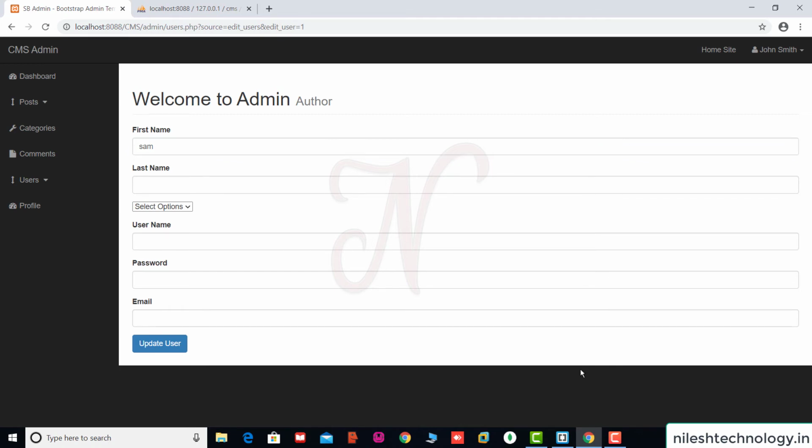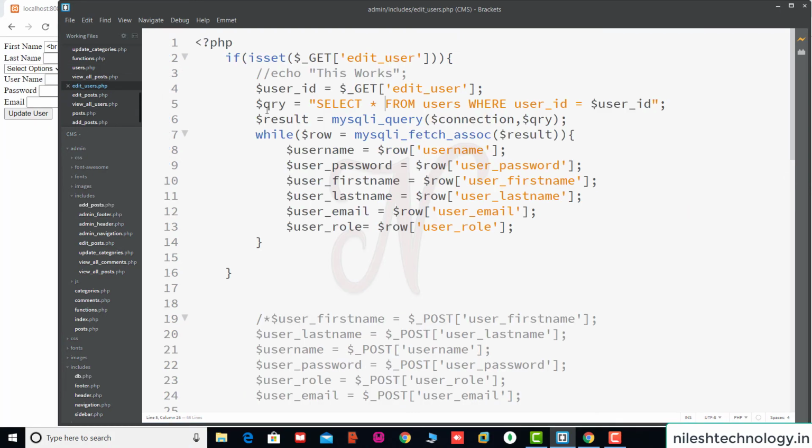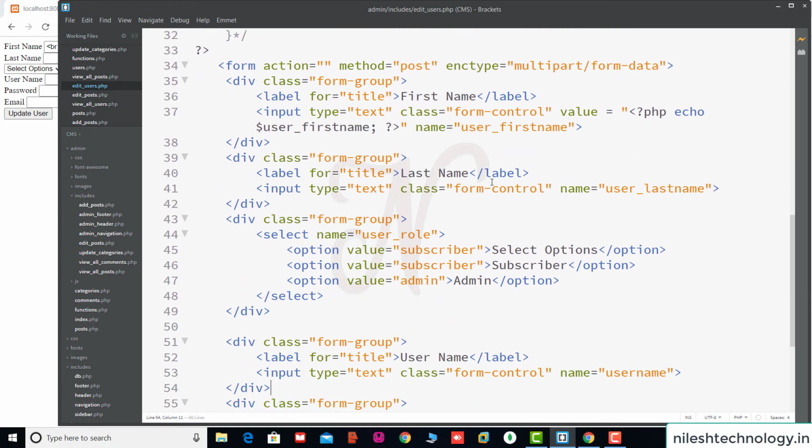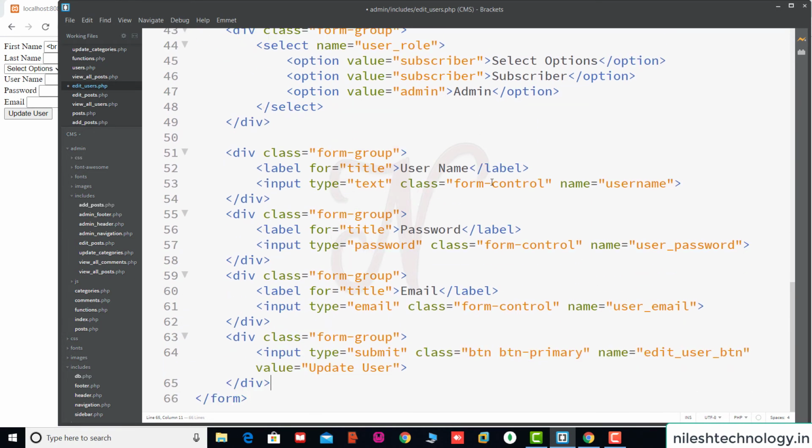Okay, similarly we copy all these values to the other input text fields. So we copy this code. Okay, and here this is the last name. This is the last name. So here we change the username.